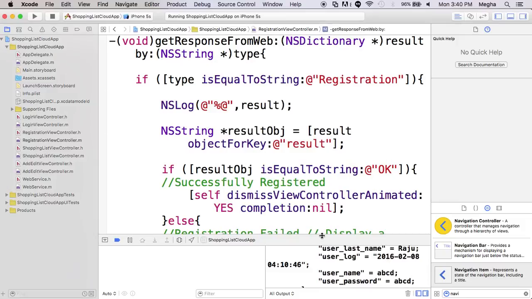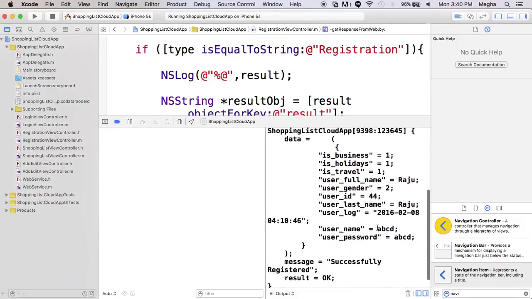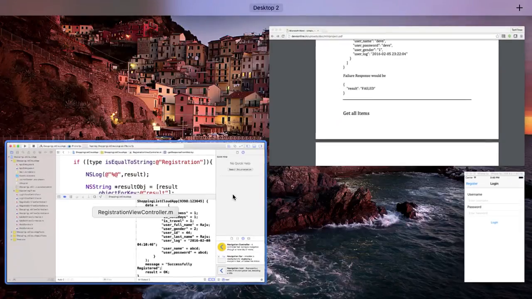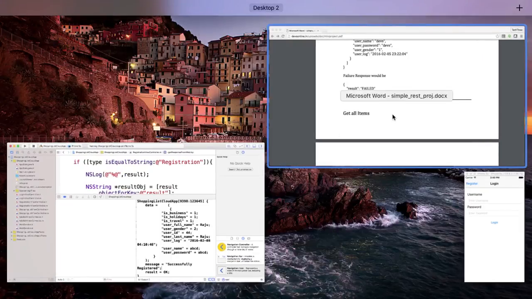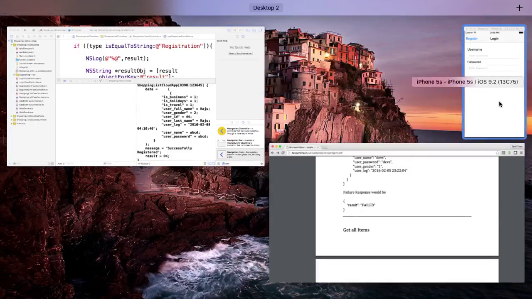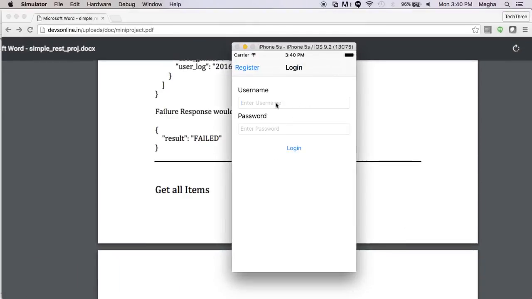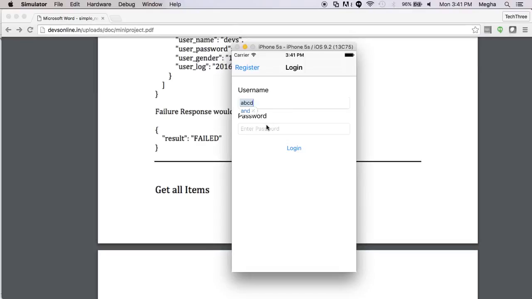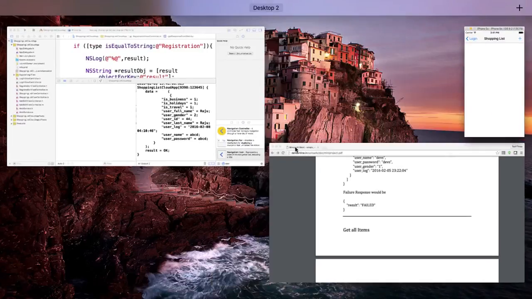So the username and the password ABCD. So I'm just going to use the same. Let's see what exactly it is giving me. Okay, it did this time. Anyway,